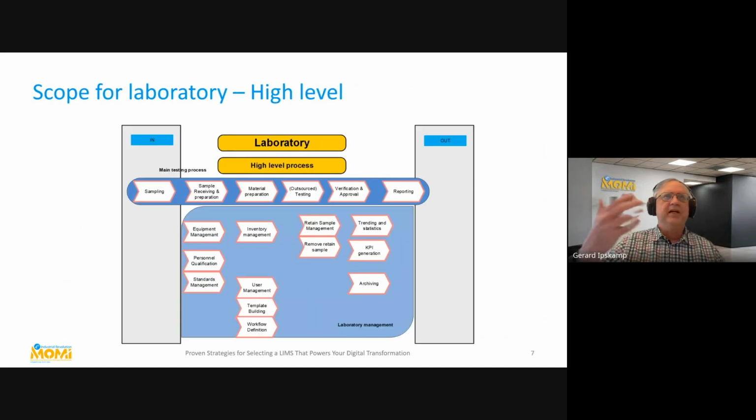That story, I always present in a picture. So what goes into the laboratory, if you look high level, is samples. What comes out are results, reporting in one way or the other. And you have two processes. A lot of companies only focus on the main testing process, which goes from sampling to receival and material preparation, testing, etc. And forget that